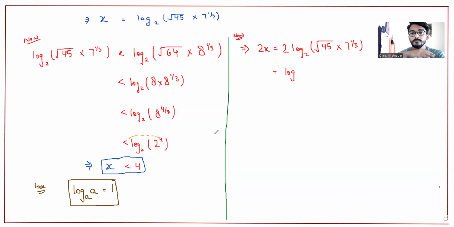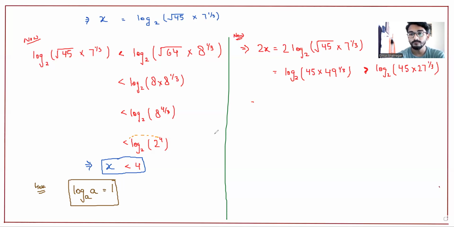Now I am just shifting back the coefficient 2 to the input, and it will be 45. I hope it is clear. The square root will be removed. And what is the second power of 7? That is 49. So this inequality is greater than log 45 times